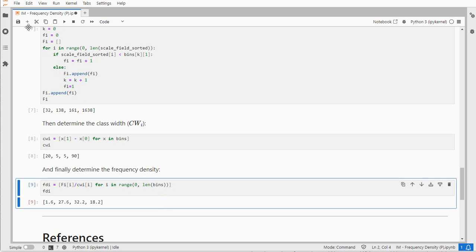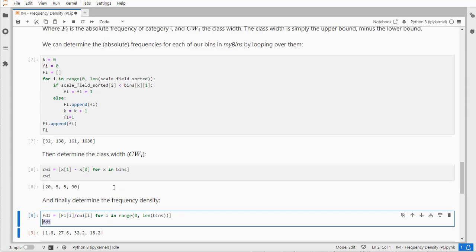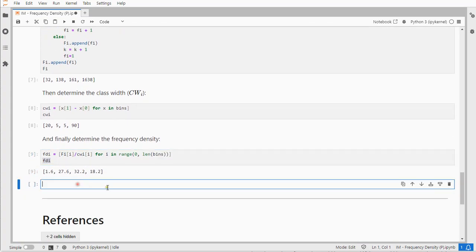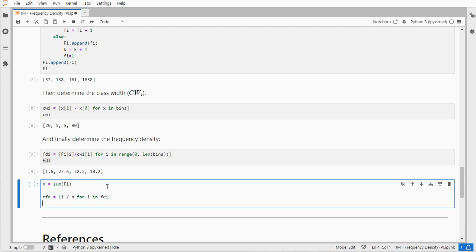If you want the relative frequency density, then you can simply say, well, I'm going to be using, did I have anywhere the sum of all n? So I can say the full sample size equals the sum of all my frequencies. And then I can simply say that the relative frequency density is, for each e in the original frequency density, e divided by the sum of all of them. So that should give me the relative frequency